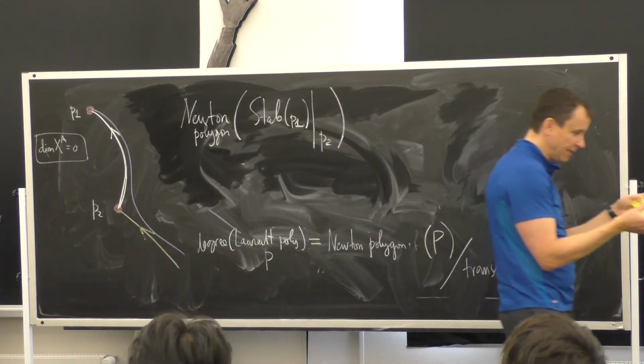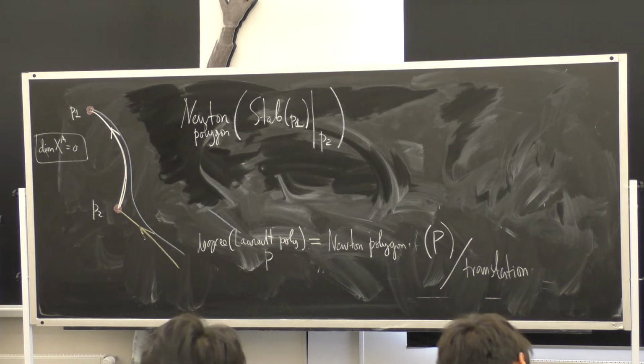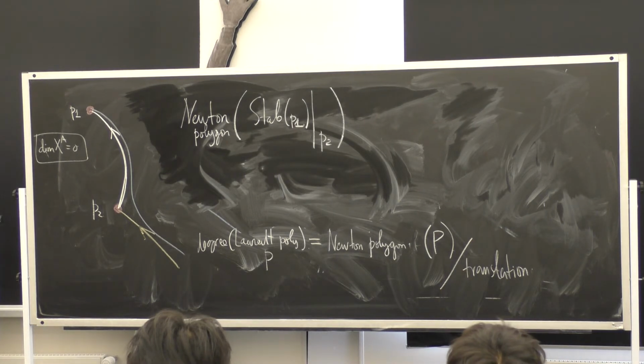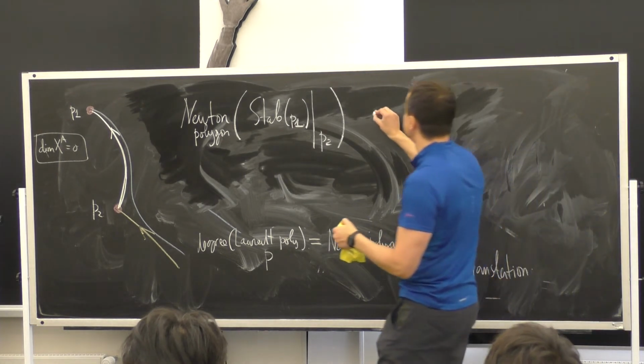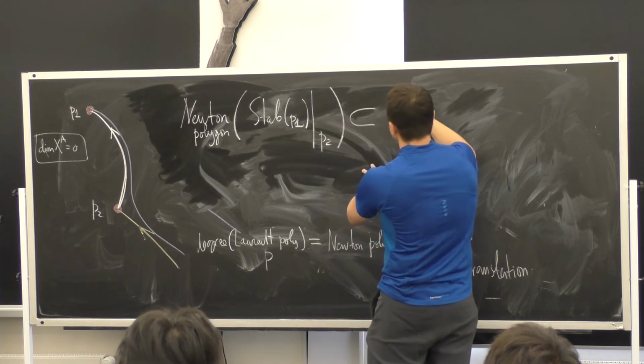That means this Newton polygon sits inside some other Newton polygon. This should be sitting inside the Newton polygon